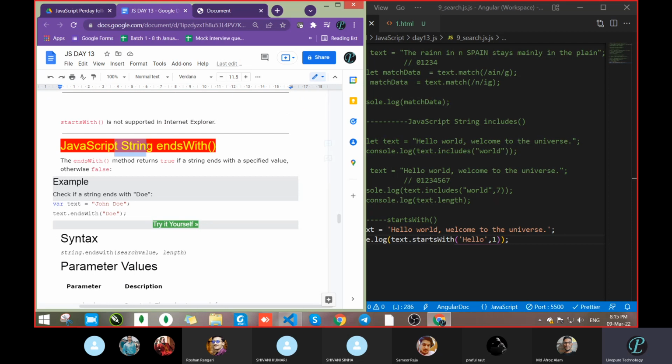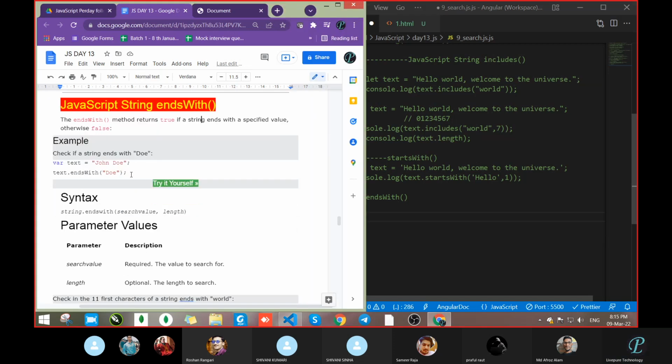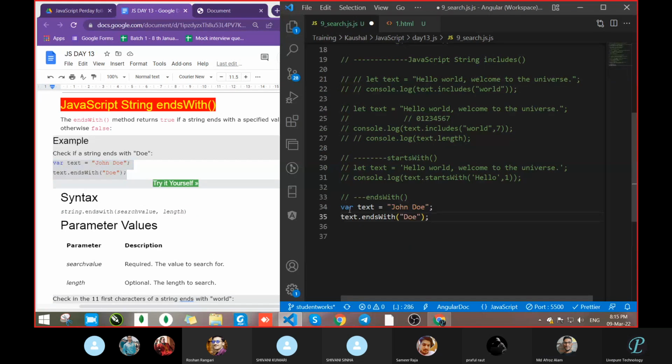Then next, a string endsWith. Okay, it will search the ending one. Let's do this also. Now I think you got the idea what this will do. It will search the last index, sir. Yes, you can say last index.